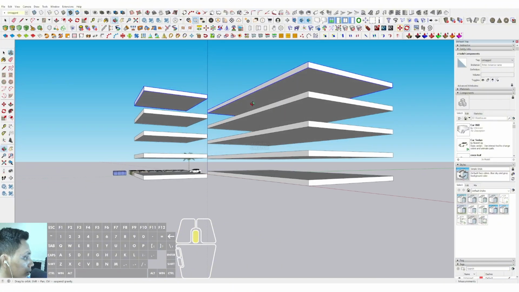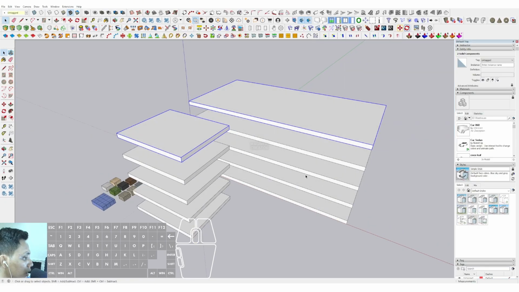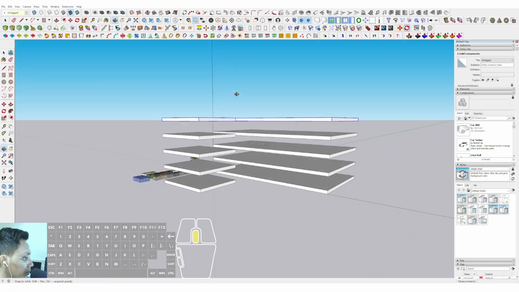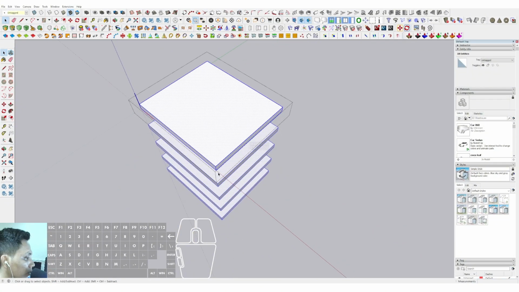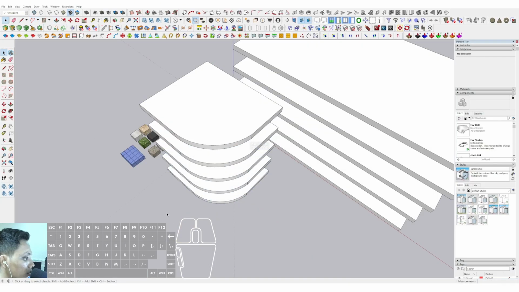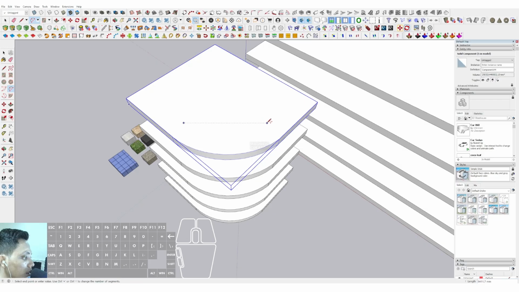So there are 4 stories in here. And after that, we have to consider that we can also make the curve area in here. We can make it a curve, okay, and push it down until the limit. So to make the curve, we can use the 2-point arc in here. So you can draw, click on this first point and second point, and then you can adjust the curve